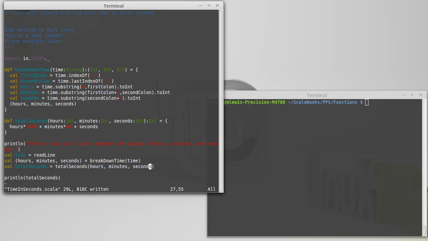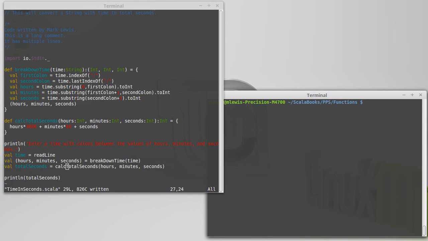Now in this case, there is something that worries me a little bit. I have 2 things that have exactly the same name here. I actually think I like total seconds better for the val, so I'm going to change this to calc total seconds. That way I don't have any potential for having a conflict, because they're both at the global scope. Okay, this is out at the top level and this is out at the top level, and if they have the same name, that could cause problems for me. So let's save that,